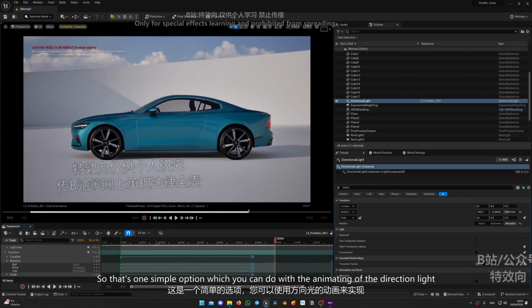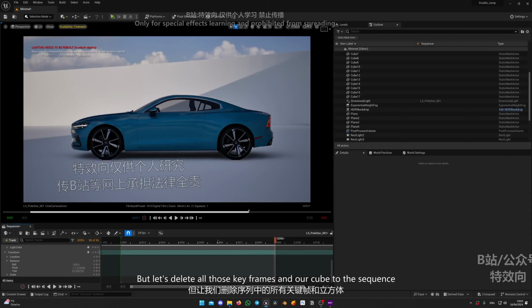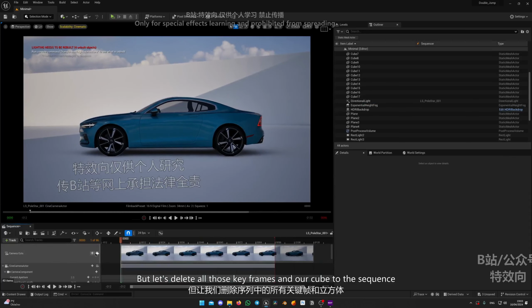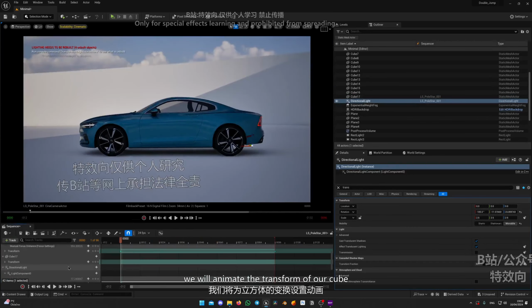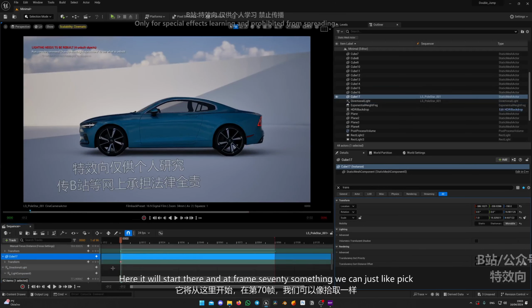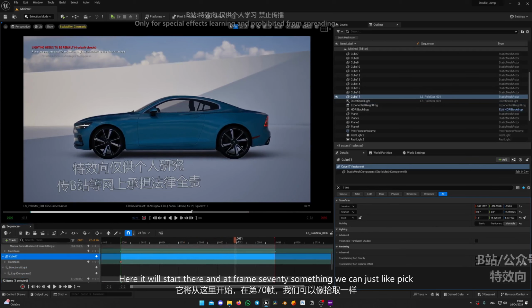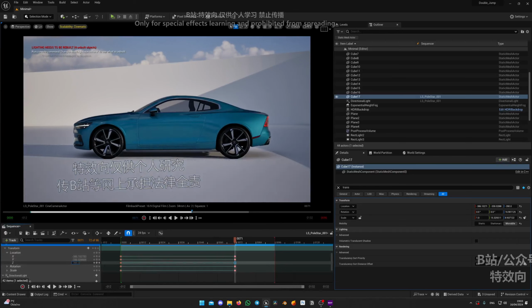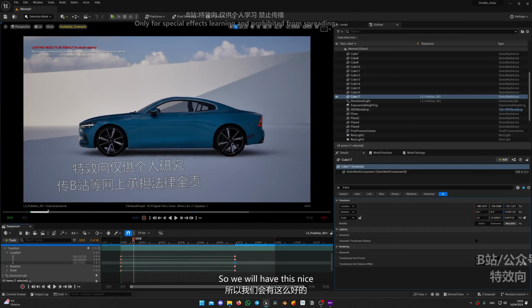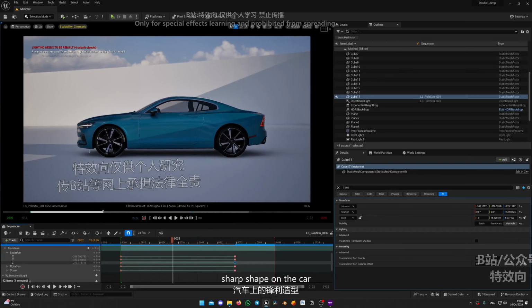Yes, like that. So that's one simple option which you can do with animating the directional light. But let's delete all those keyframes and add our cube to the sequence. Basically we will animate the transform of our cube. It will start there, and at frame 70-something we can pick transform, go to location, and in the Z axis pick it up and move it out of the frame. So we will have this nice, sharp shape on the car, which is slicing it and